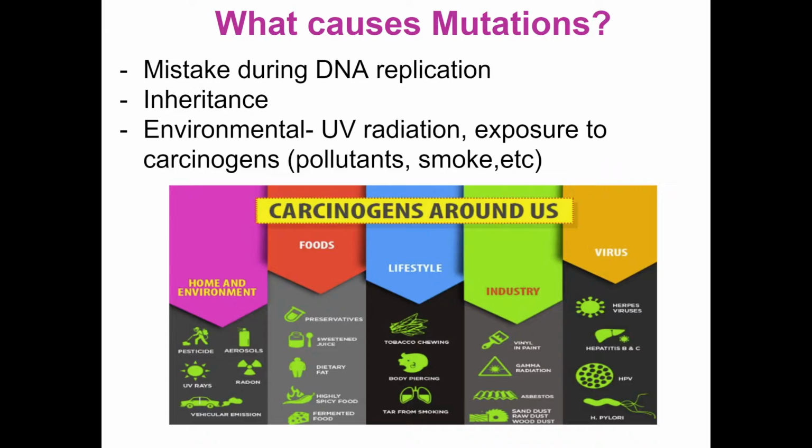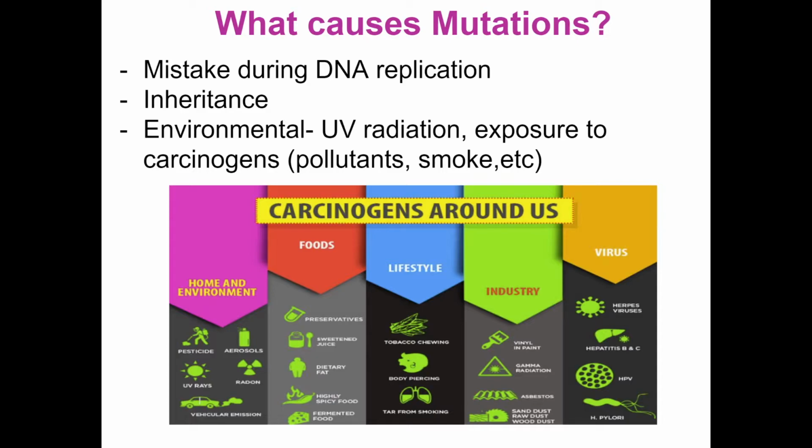Or we have a couple other things here in environmental issues: maybe a lot of exposure to UV radiation, or exposure to certain carcinogens like pollutants and smoke. I have down here this nice image that breaks up several carcinogens that are all around us. If we're looking at home and environment, pesticides definitely could have extreme issues where we're talking about mutations, and aerosols, and UV rays. Just going to the beach and not wearing any sunscreen for hours and hours is not safe, and you know that. Certain foods, like putting a lot of preservatives in foods, are not good. It is much better to eat foods in the whole form,